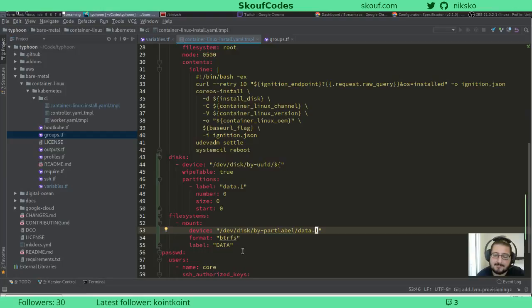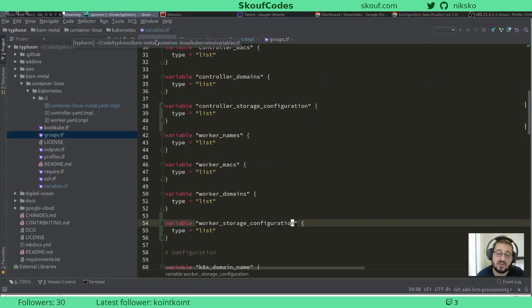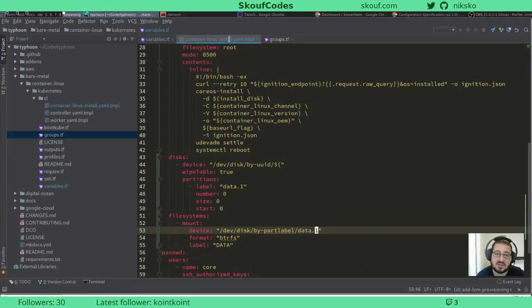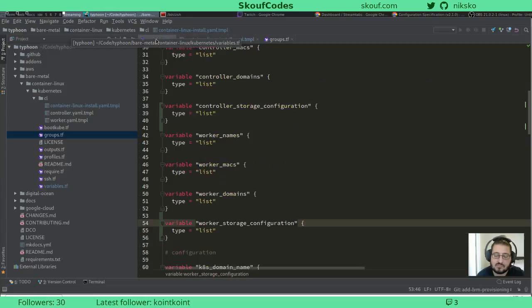Well, okay. Look, maybe we have to throw that idea of formatting multiple drives out the window. Maybe I'm just going to have to do that manually after the fact. But look, that's okay. I can pass this as a variable, then it just becomes a single variable with a UUID. It's not even a controller storage configuration, worker storage configuration. All it's going to do is it's going to